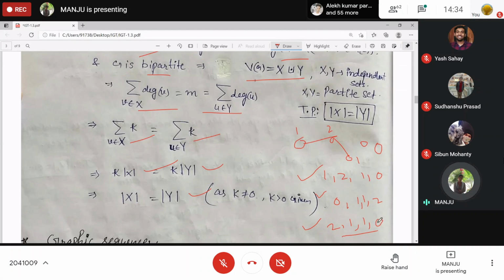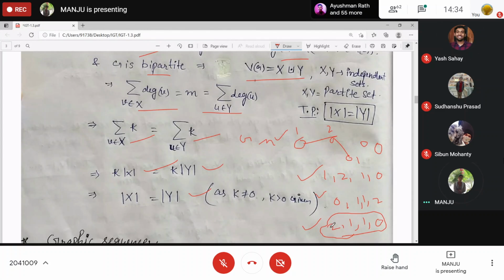So how many terms will be there in that sequence? In general, if G has n vertices, then how many terms? n terms, n degrees will be there.